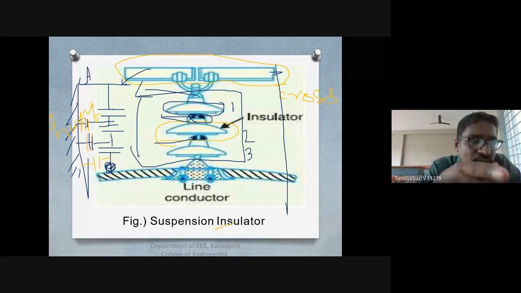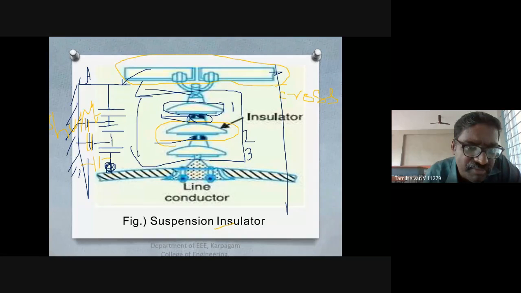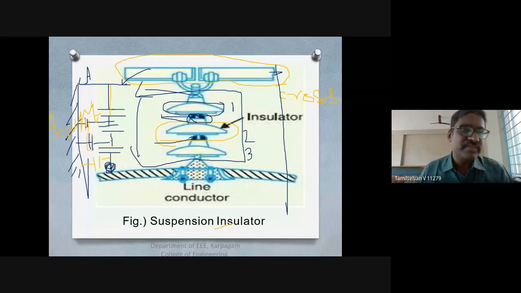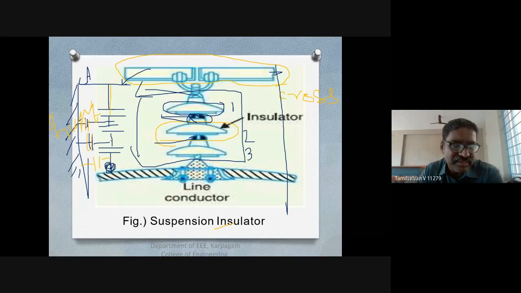This charging current is not the same all through the disc of strings, because the current in this disc is not the same as the current in this disc. But if there is no metal, if it is only suspended, I will have only a series of strings of self capacitance. So the current will be uniform, and the voltage across the discs will be evenly distributed. But when this capacitance is there,